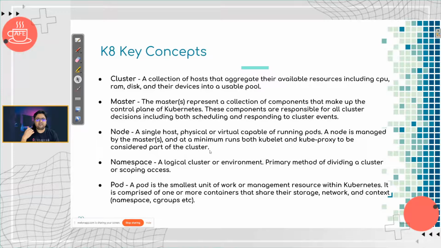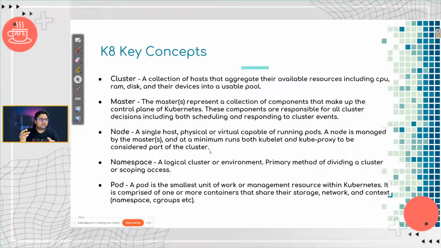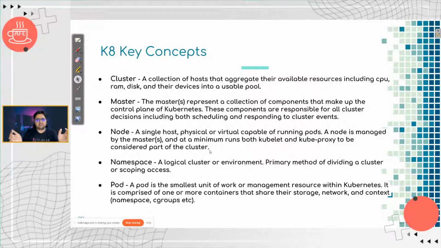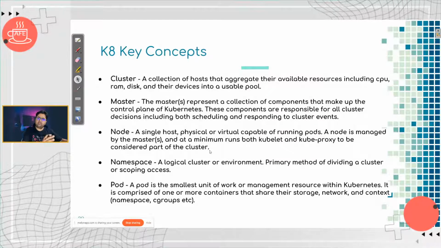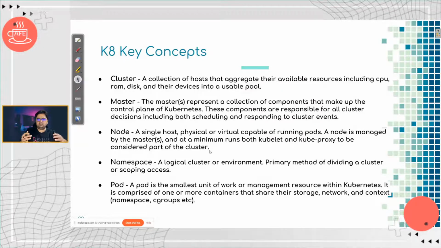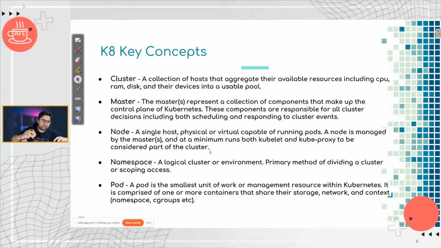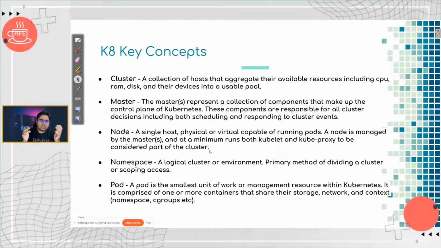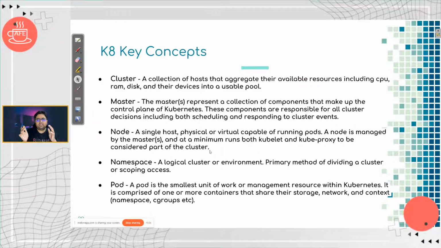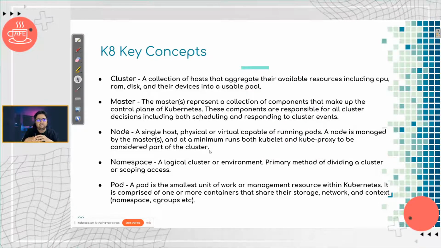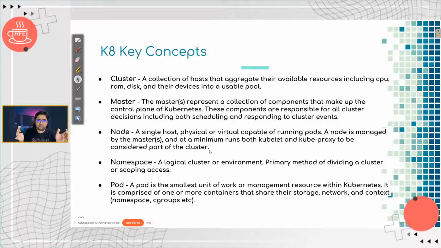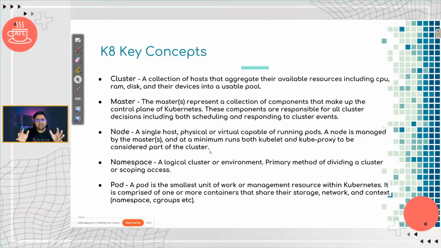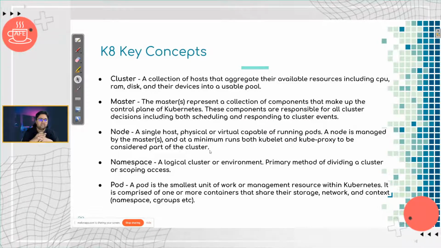Some of the key concepts with Kubernetes. The cluster is basically a collection of hosts, right? Which means there are multiple machines. It's available as a pool. So multiple nodes combined together are called clusters. They can technically be called a node pool first, but that's okay. Master is pretty much the controller. It's also called master plane, which is to say that this is the administrative function for Kubernetes. It is what controls everything. Node is a single machine in the whole cluster, in the whole setup, right? This is a single machine.